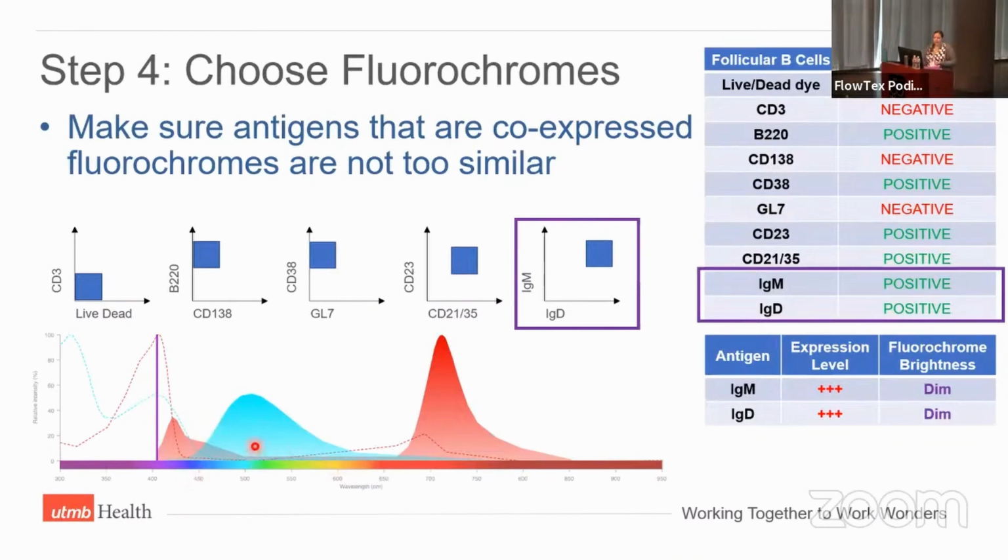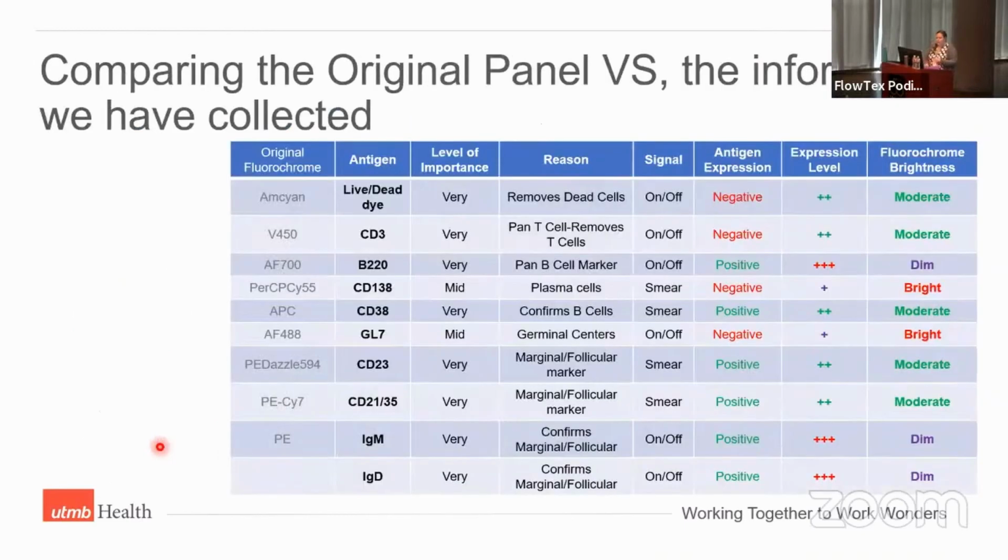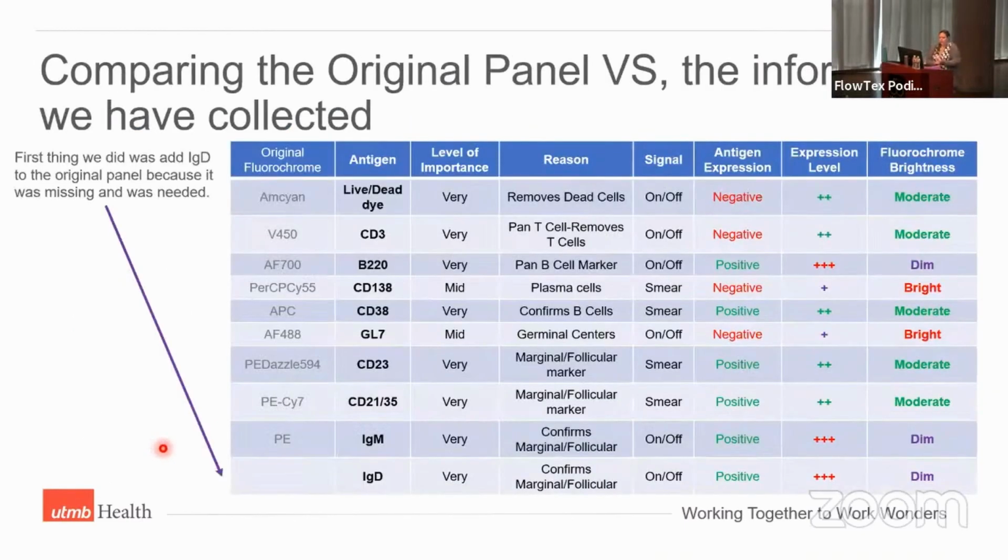It's excited with the violet laser, and then you have an emission around 510. And then the other red one that I have here is Brilliant Violet 711. It is a little on the brighter side, but it matches very nicely, in my opinion, with 510. There is a small amount of overlap, but they are very different, even though they're both excited by the same laser. So in this case, I went ahead and